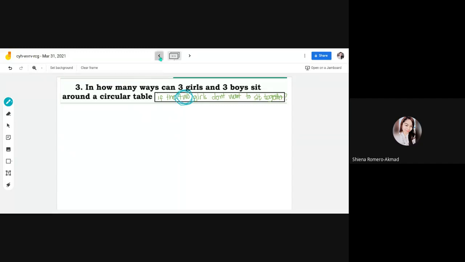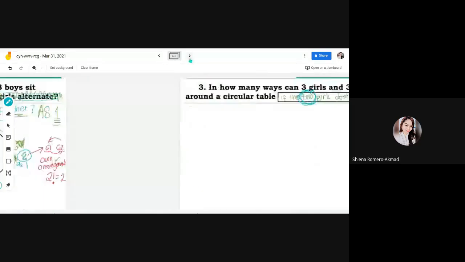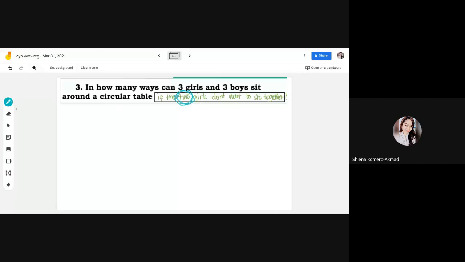Siyempre, babalikan natin to. May magkatabi sila. Kung magkatabi sila, yung number of arrangement ay 48. Okay? Because they wanted to sit together. Paano naman kung hindi sila magkatabi? Kung hindi sila magkatabi, ang gagawin lang natin dyan is to solve